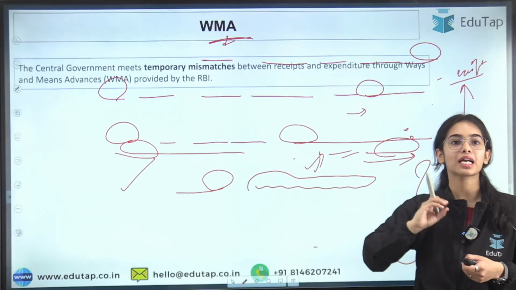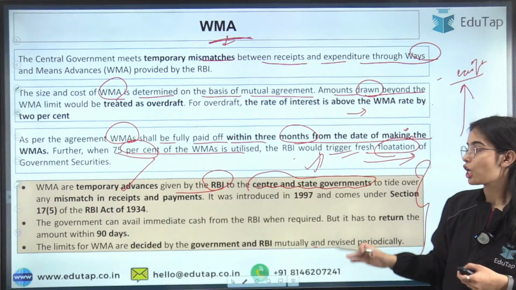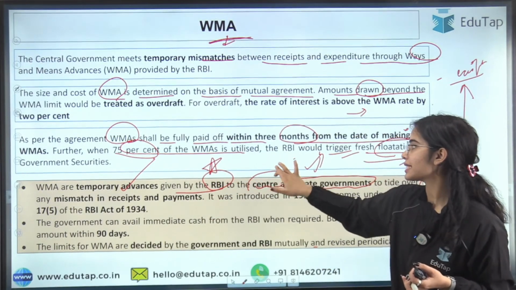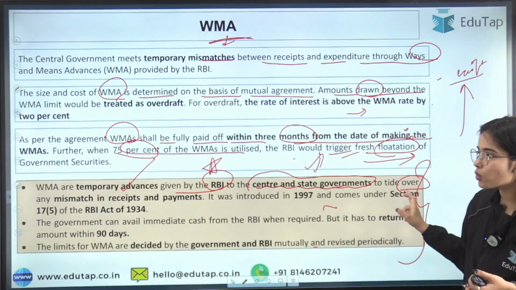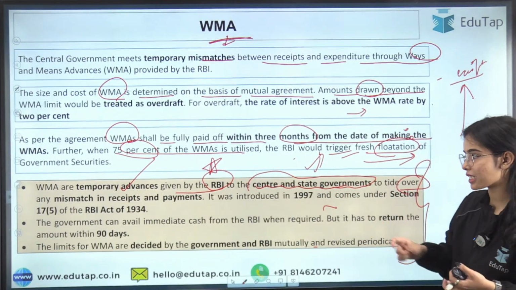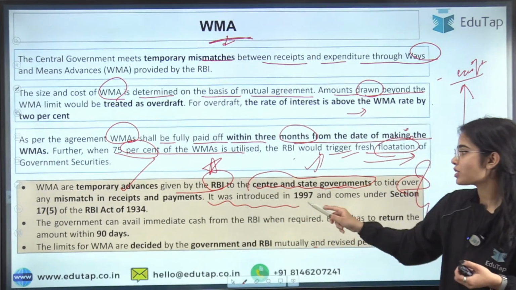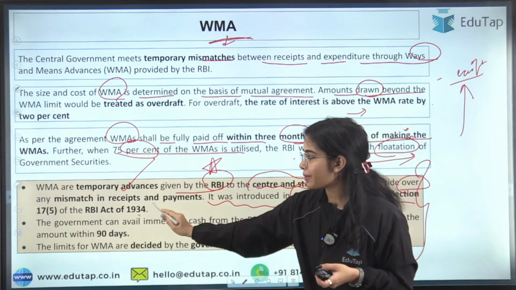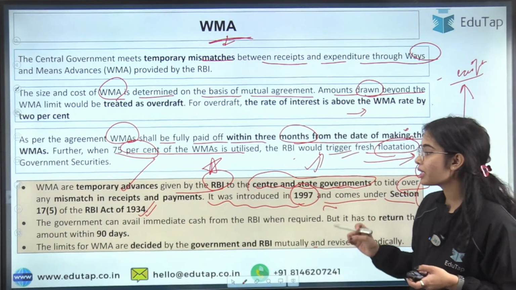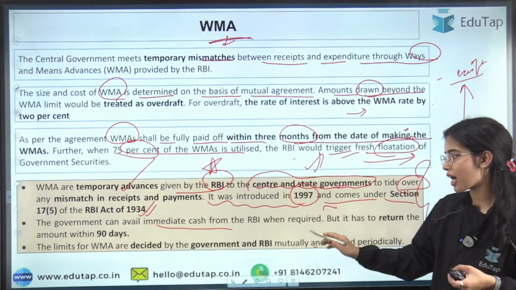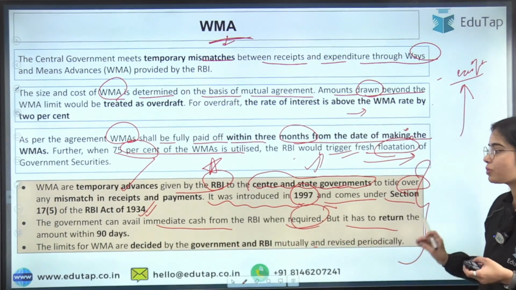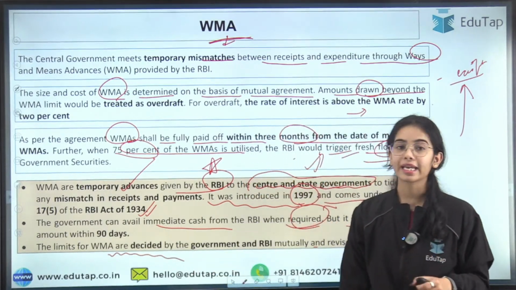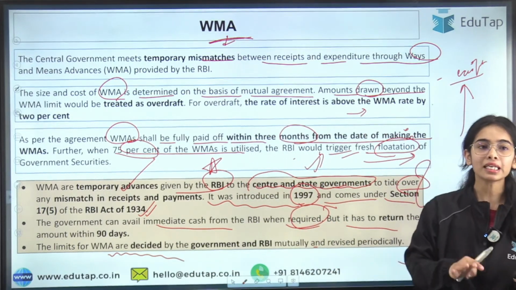For the state governments, there are separately the limits that are released. So the WMAs are temporary advances by the Reserve Bank of India to the center and the state governments to tide over any mismatch in the receipts and the expenditure. It was introduced in 1997 and comes under section 17(5) of the RBI Act of 1934. The government can avail immediate cash from the RBI when required, but it has to be returned within 90 days. As well, the limits of WMA are decided by the Reserve Bank of India in consultation with the